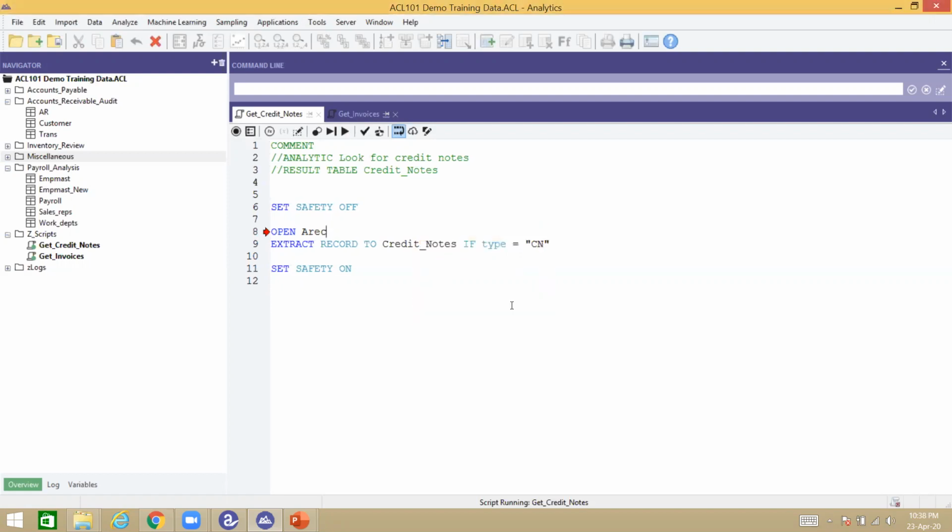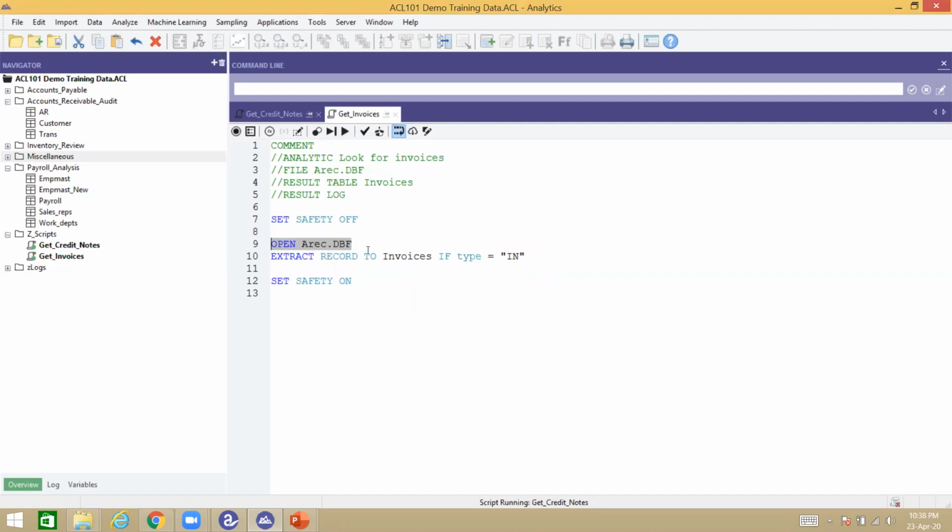I need to make sure that the Get Invoices script runs first so that this script called Get Credit Notes has an actual table called AREC that it can open. Now, it's very bad practice to do what I did with Get Invoices, to import the data into AN in the same script that I then use to analyze the data. I should actually have 3 scripts here. One to get the invoices, one to get the credit notes, and an import script that runs before both of those. But I deliberately did it this way